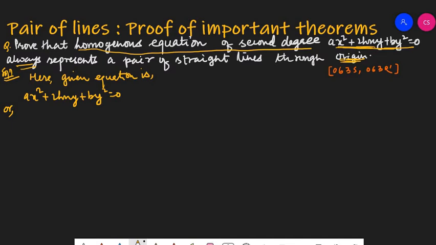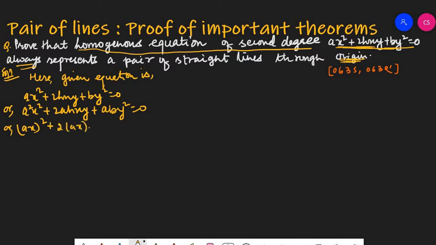Okay, so let's factorize it by the completing square method. In the first term there is ax square. Let us make it a complete square. So we'll multiply by a. If you multiply by a, then we will get a square x square plus 2ahxy plus b into a. B into a becomes aby square equals to 0. Or it becomes now ax as whole square. This will behave as a, complete a. Okay, ax we suppose as a.